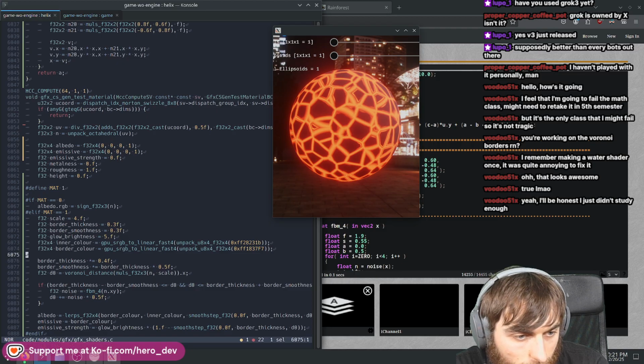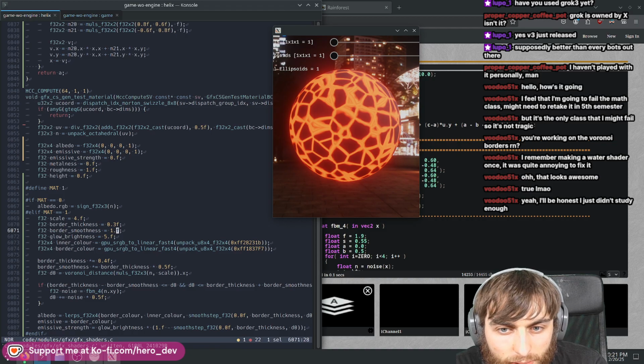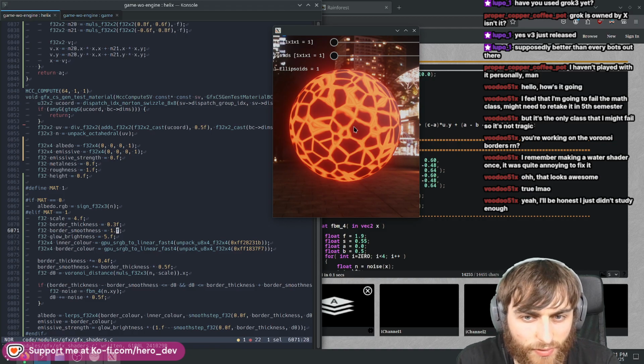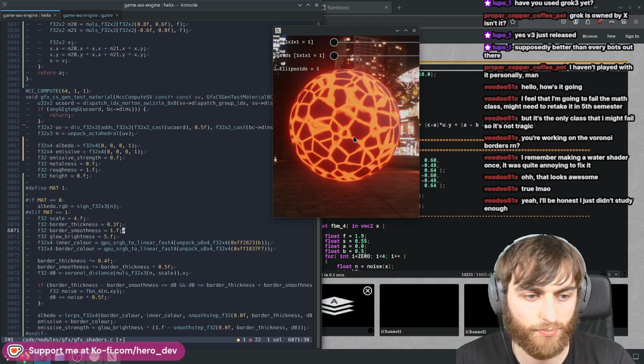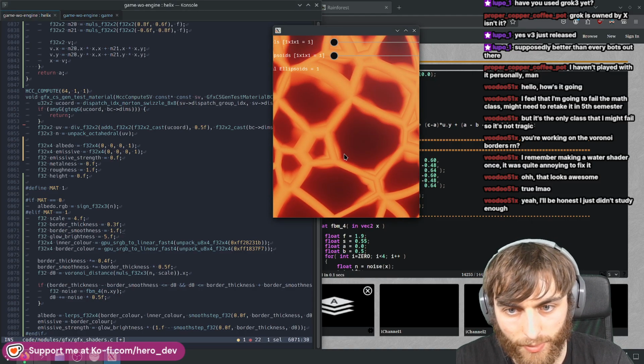And maybe that smoothness is just clearly not enough. Let's put it at 1. More smooth. It's looking better, but it's looking better on this one here, right? If I just zoom in, just get in there a bit. This one's looking better, but